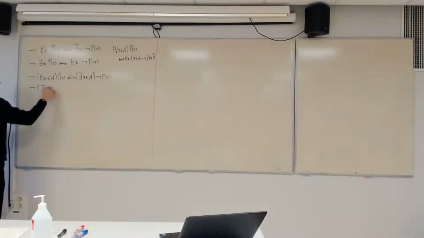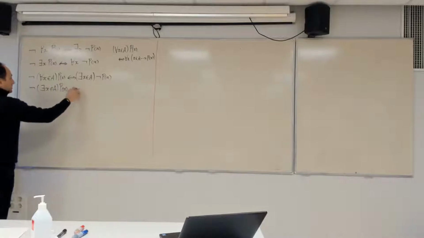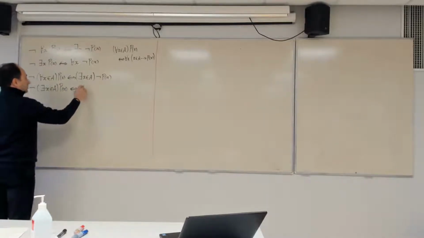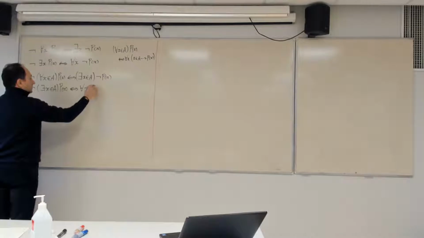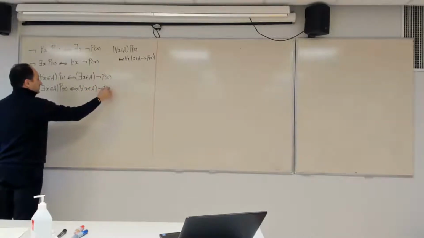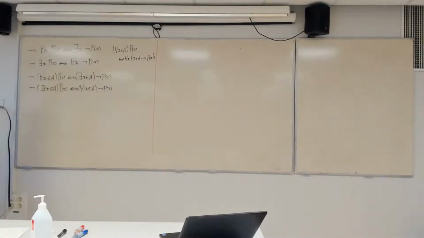the existential bounded set quantifier. So if you have this, then this is also equivalent to saying that for all x in A, not p. Yes, so this is more or less what we learned before. And then I gave you